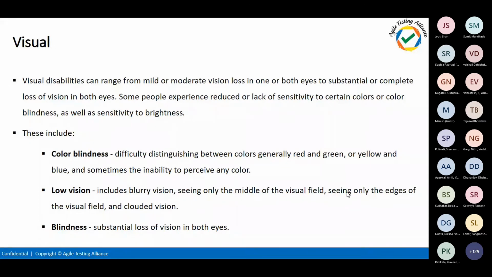If people are color blind, they won't even be able to see that error. It will be completely blank for them, so they can't even spot such colors. So whenever you are trying to use red color mainly, you need to remember the color blind people and low vision people.